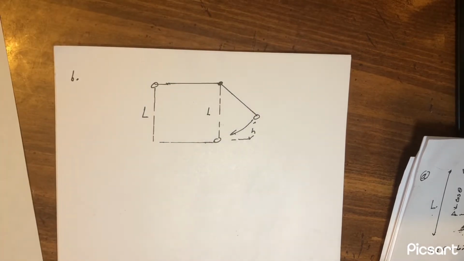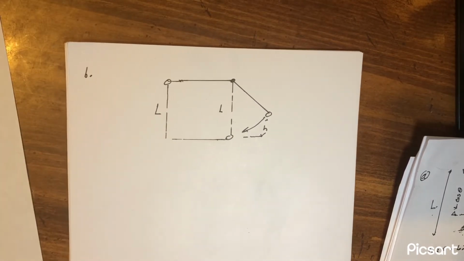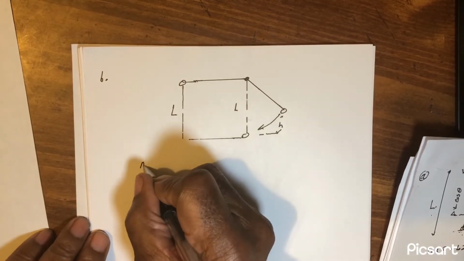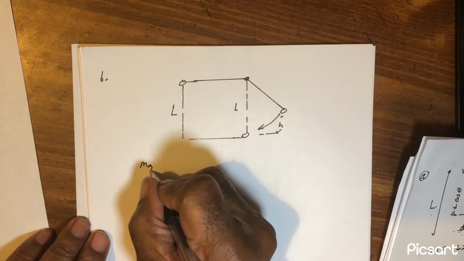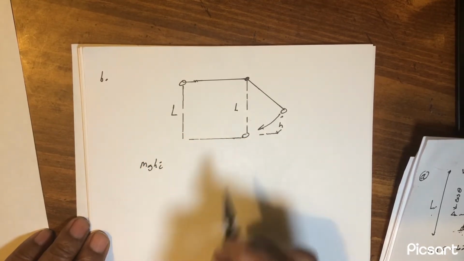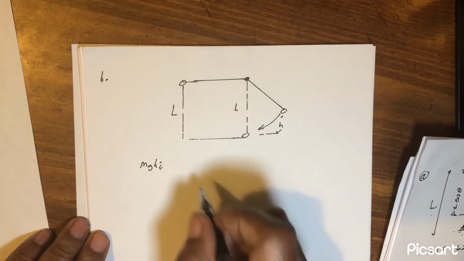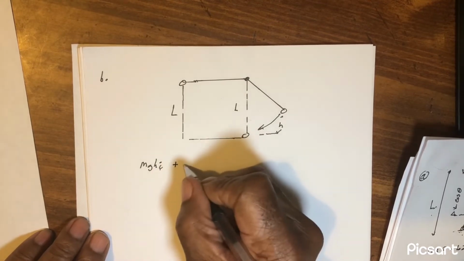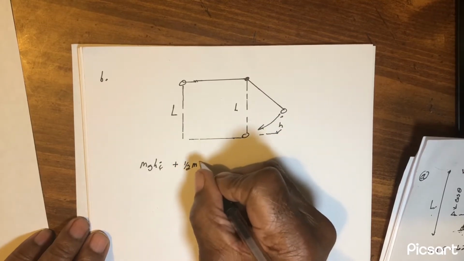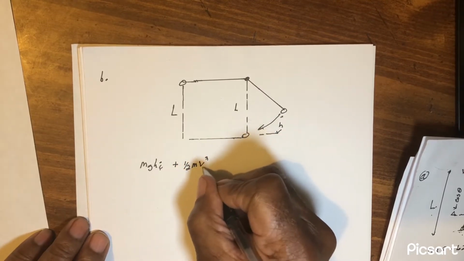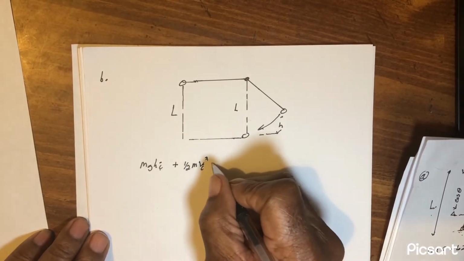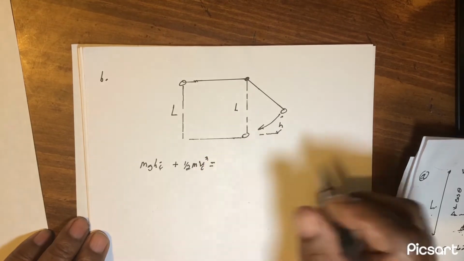So let's start with the horizontal position first. Well, mgh initial, which is the initial potential energy, plus 1/2 mv squared initial, that's what we're looking for, is equal to